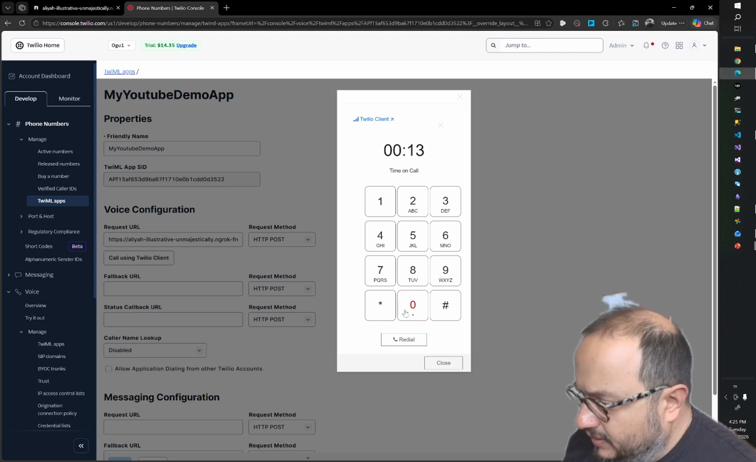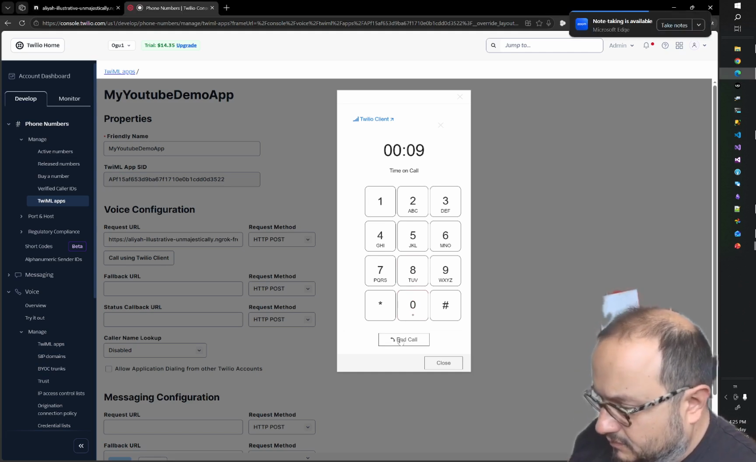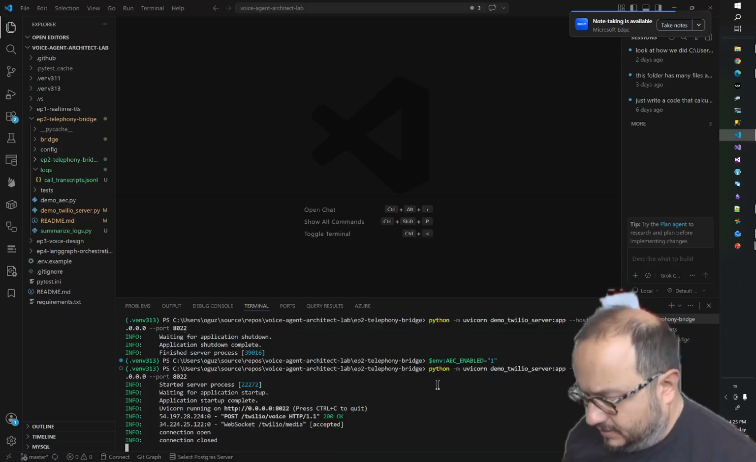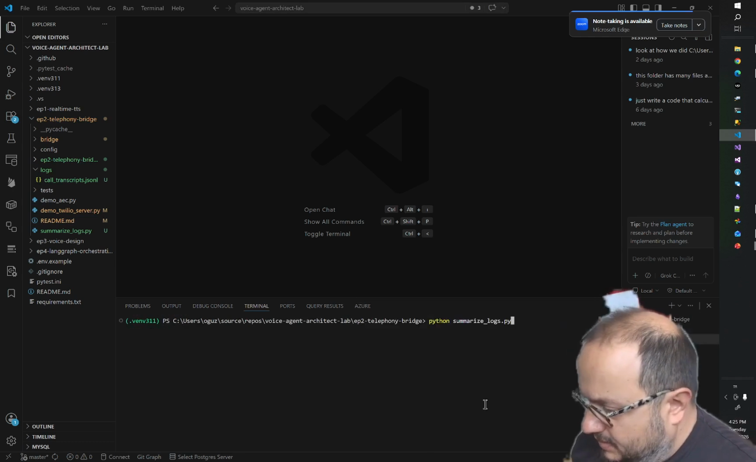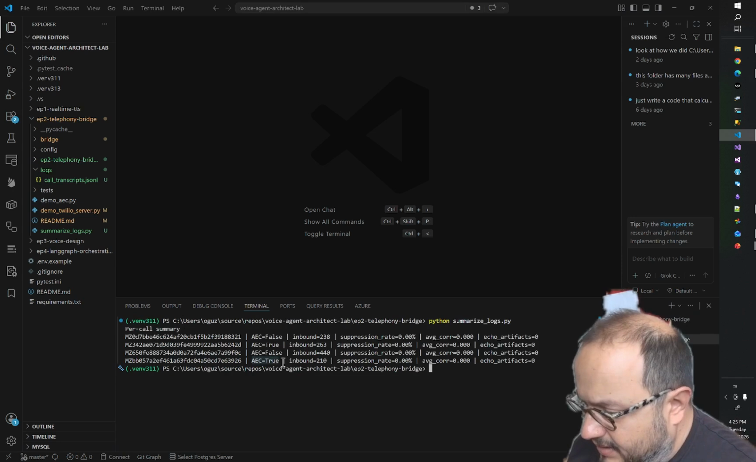Let's go back to Twilio and redial. I need help with my order. Okay, let's go back to our terminal. Let's stop the server and let's check the results, and summarize the logs. Yes, as we can see, definitely we have AEC disabled inbound with artifacts, and AEC enabled inbound without